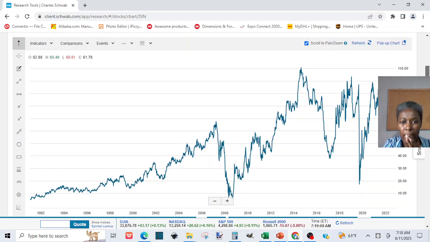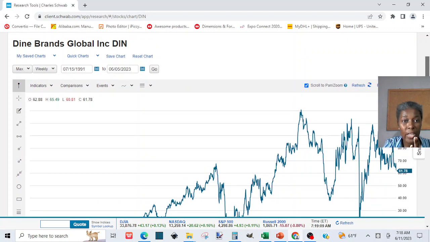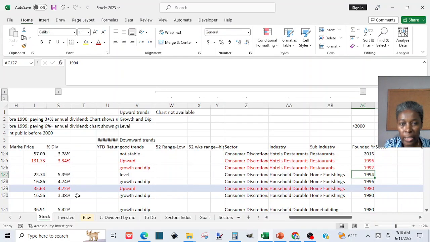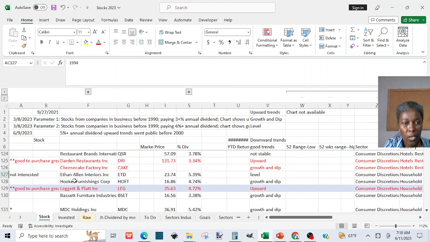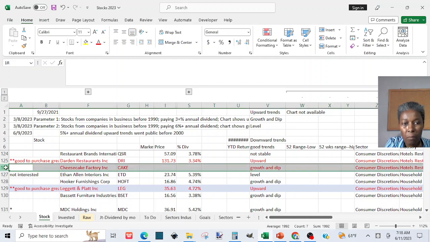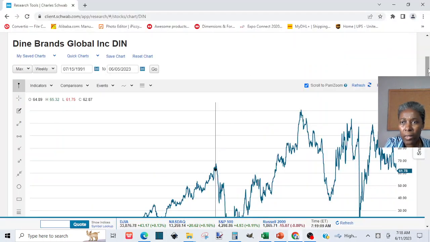And in fact, let's go back, and I think it's on the low side as well. So at this point, if you like that company, you can have it in red, or you can put a note, like go to buy, or buy when it's low, things like that. You can put notes that you can refer to later, or you can just make it red, or whatever works for you. Okay, so the DIN,